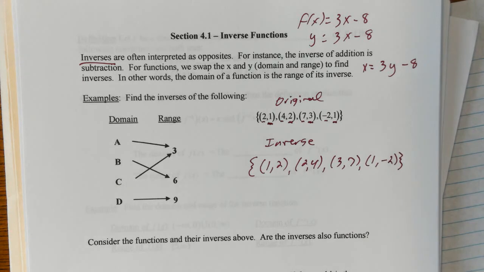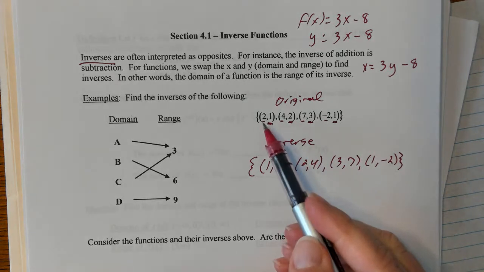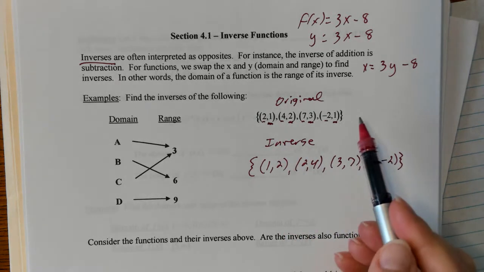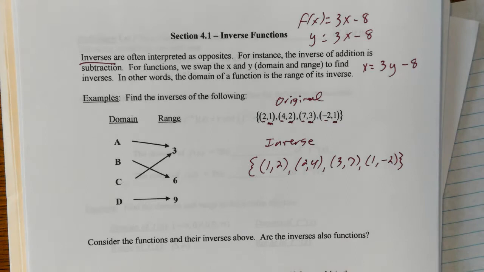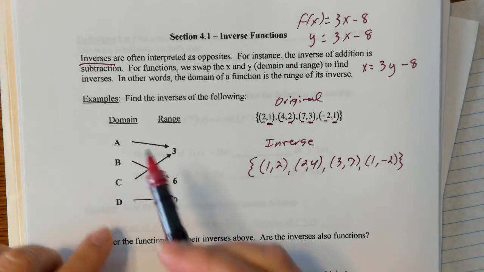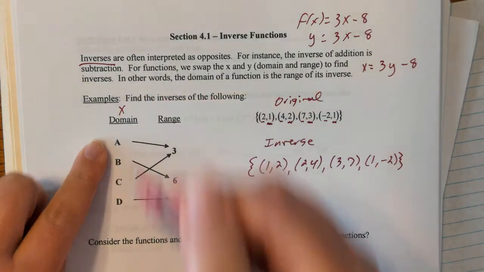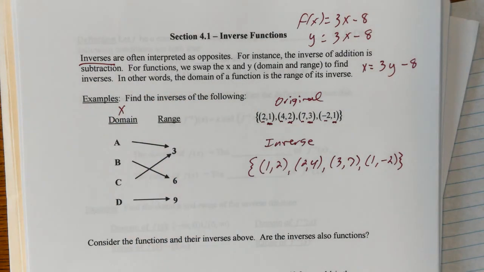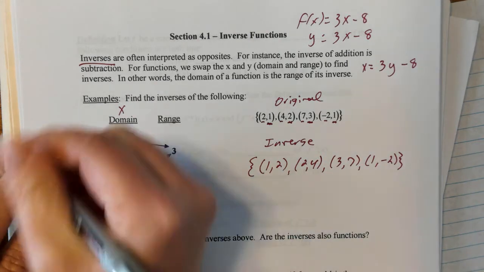All I've done is trade the x's and y's. Okay? Anything that was an x in the original is now a y. Anything that was a y in the original is now an x. You could say we swapped the domain and the range. Okay. This right here is called a mapping. And what that means is they've given us the x's. Now they're calling it domain instead of x, but we know that's what that means. So in the original,